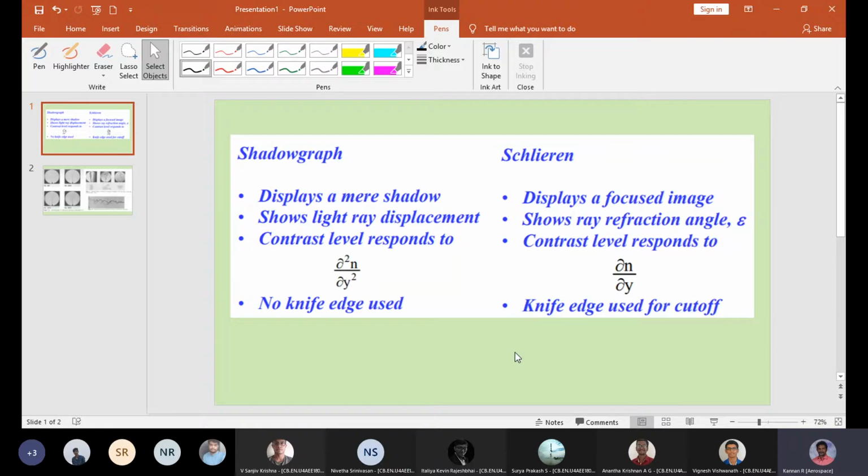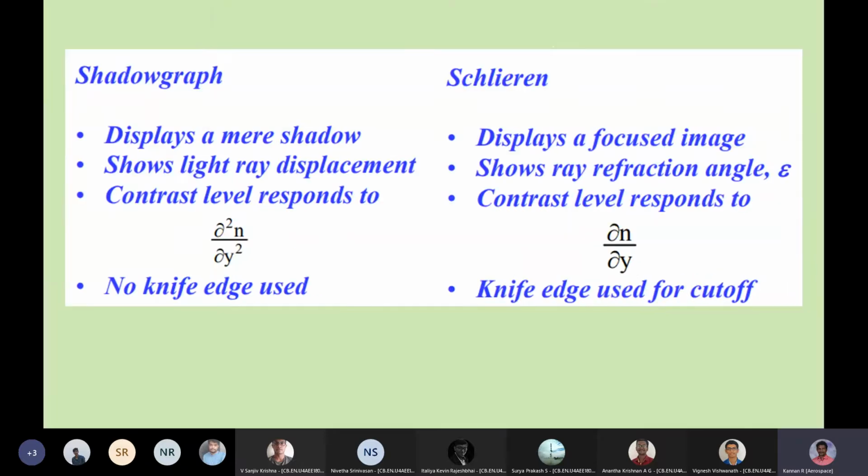So in the previous class, we looked at your Schlieren system and your Shadowgraph system, mainly for flow visualization. Both the Schlieren as well as the Shadowgraph are going to capture density changes. You know about that. Where the density changes are going to be there,